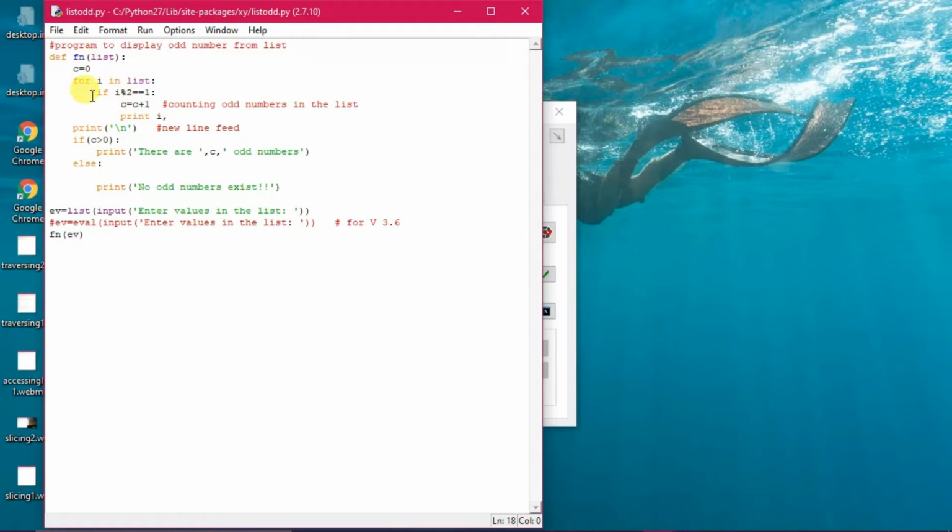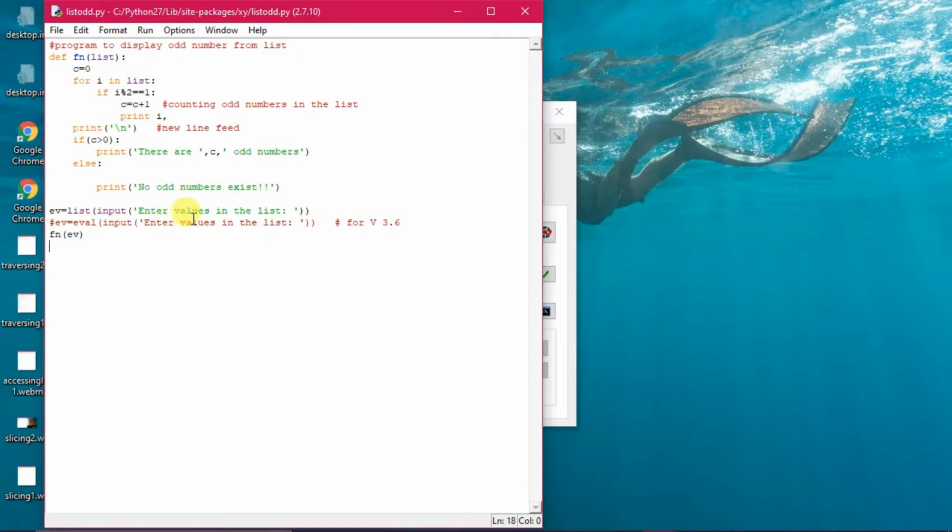If i modulus 2 is not 1, suppose you have given all even numbers, so what will happen? Even numbers when divided by 2 leave the remainder 0, so the condition will be false and it will go on, and the c value will not increase anymore. So c will remain 0, and 0 is not greater than 0, so it will print no odd numbers exist.